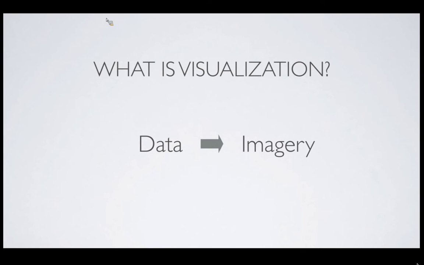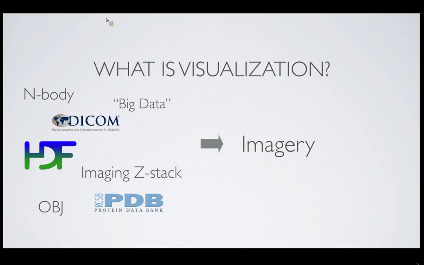I want to talk a little bit more about both the kinds of data that we can visualize and the different forms of imagery that we can generate. So on the data side, we've worked with a lot of different kinds of data, and I've started just telling people that we haven't really encountered a data type yet that we haven't been able to visualize. So don't worry if you're working with something that seems really obscure and not very standard in terms of the type of data you're using. We can probably find a way to visualize it.